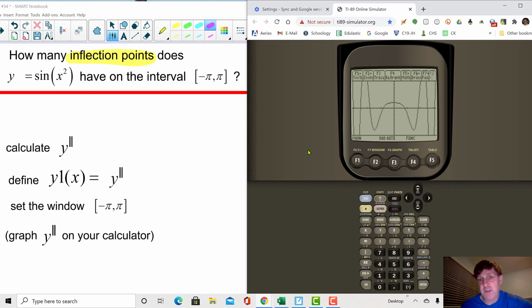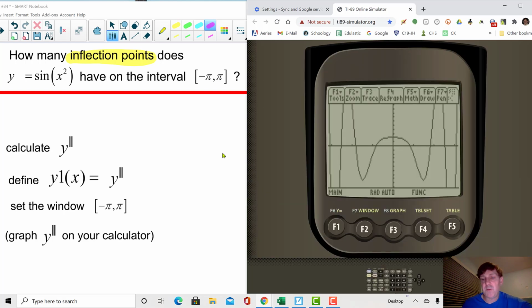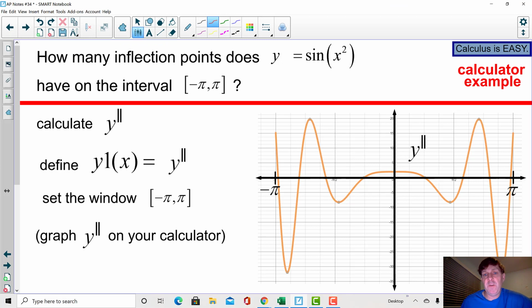Okay, now this is the second derivative, so it's the same picture we were looking at before. I think the picture from Desmos looks a little bit better. And that's how you'll do it with your TI-89 graphing calculator. Okay, one thing I want to point out is with the TI-89 graphing calculator, it was cut off a little